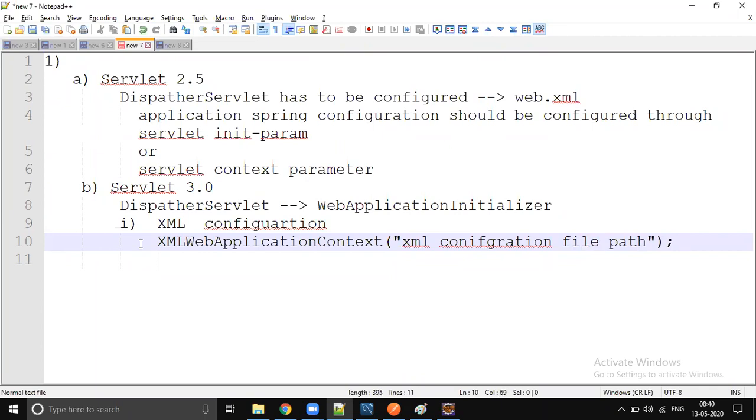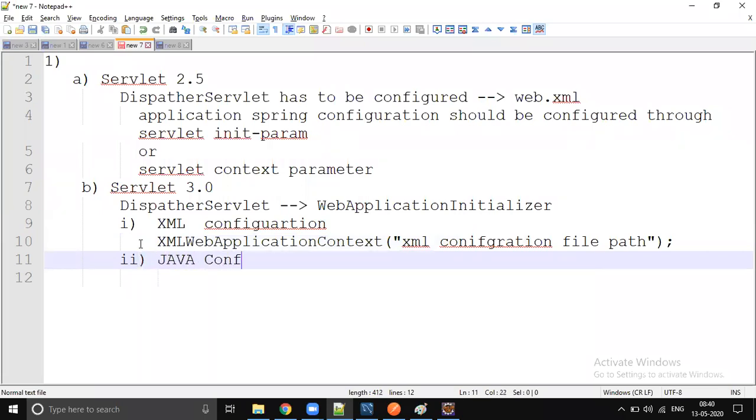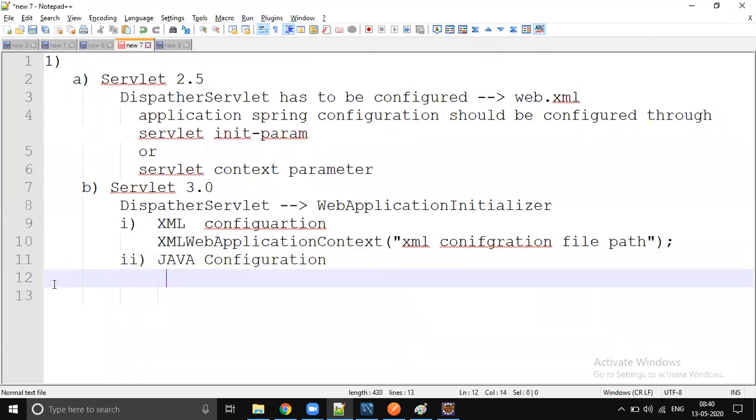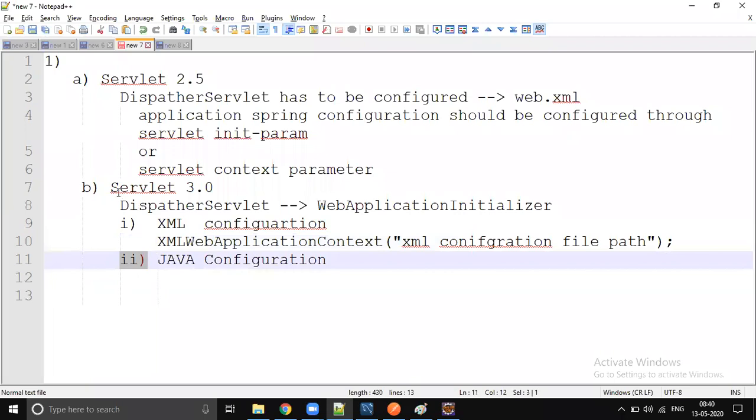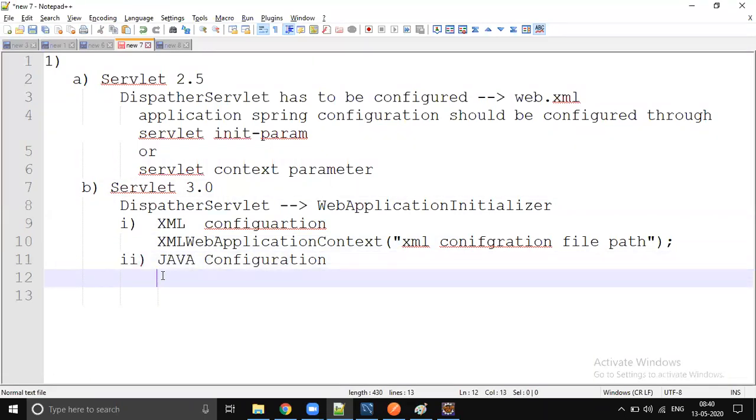But anyway, when we go to Spring Boot, we don't do that. It's a plain, direct, default Java configuration, right? If it is a Java configuration, Spring Boot does this with Servlet 3.0, and it does the Java configuration. So when it is a Java configuration, it is not an XML application context. It is annotation